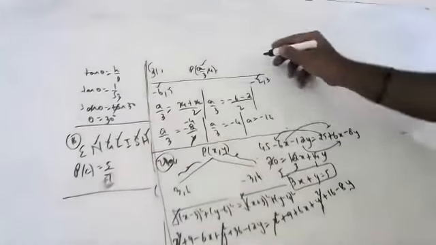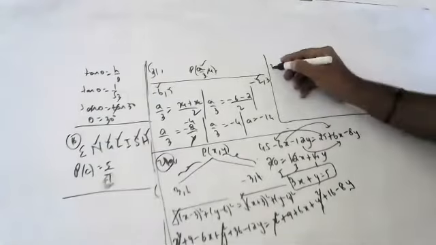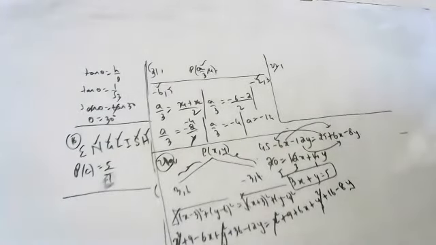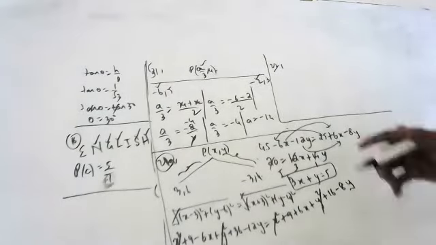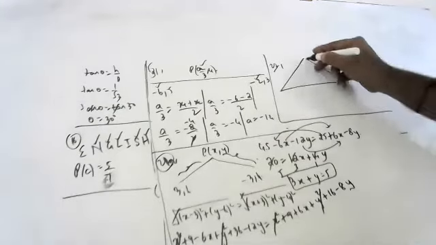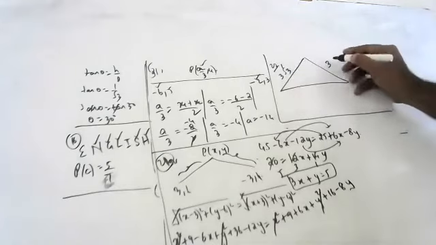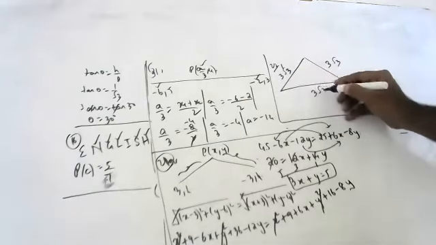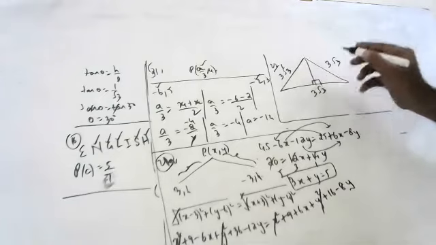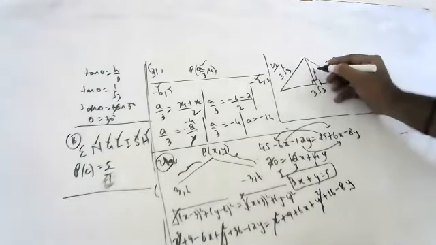Okay. Next one, children. Please see here, all of you. Next, 22nd question. In an equilateral triangle of side 3 root 3, find the length of the altitude. Children, this is an equilateral triangle with sides 3 root 3, 3 root 3, 3 root 3. What is the length of the altitude? It means they have to find out this, children.